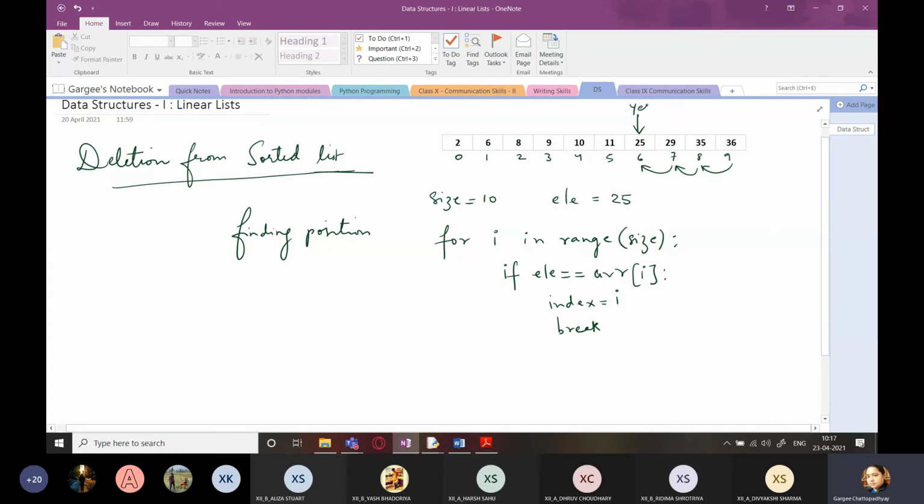So here a match is found. So index will be set as i. So what will be index? It will be set as 6 and break. So this loop will be terminated over here. So finding the position is done. We have found the position. Now next step is